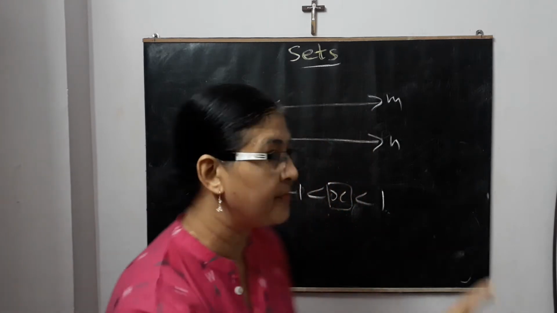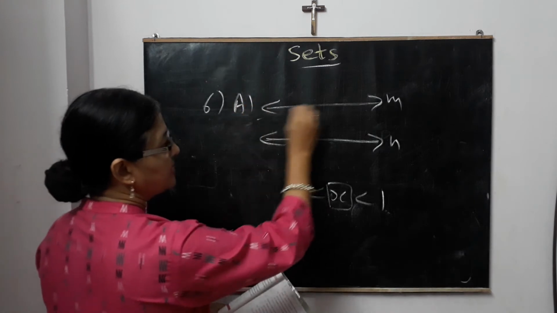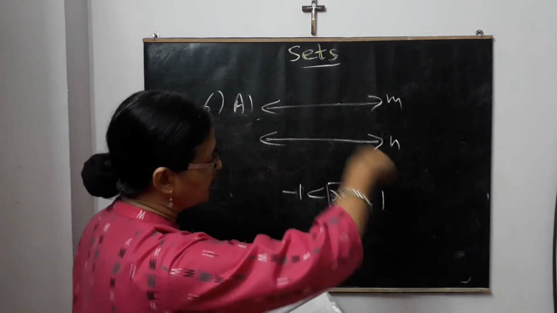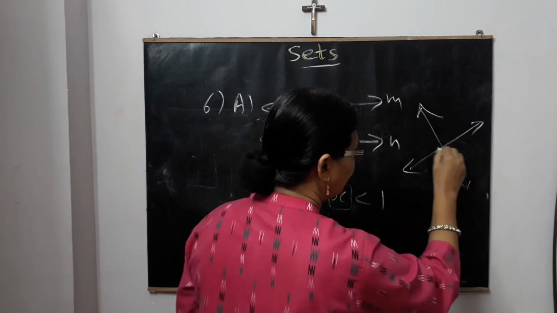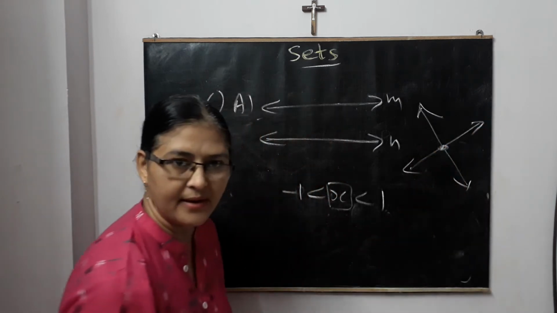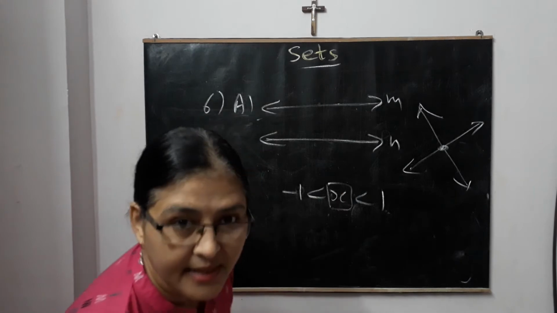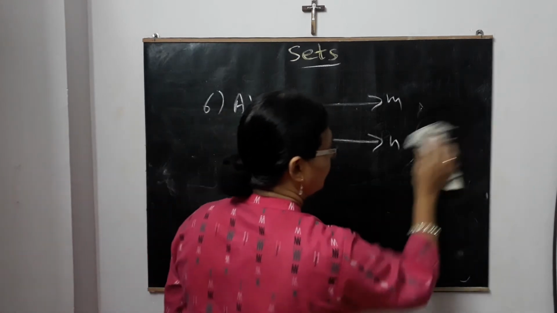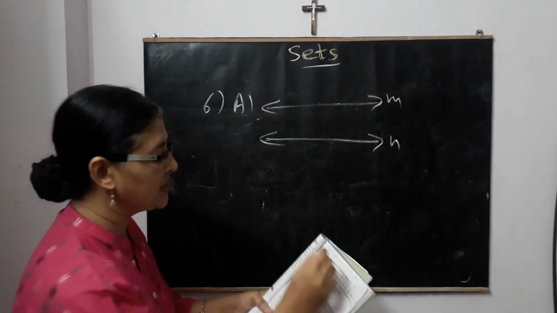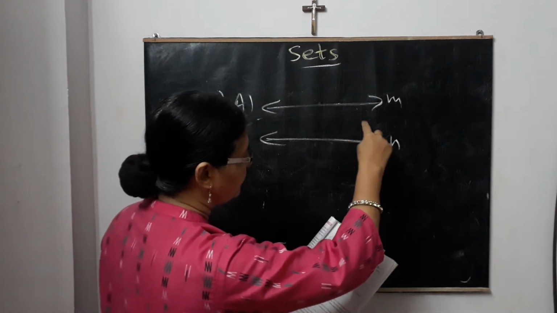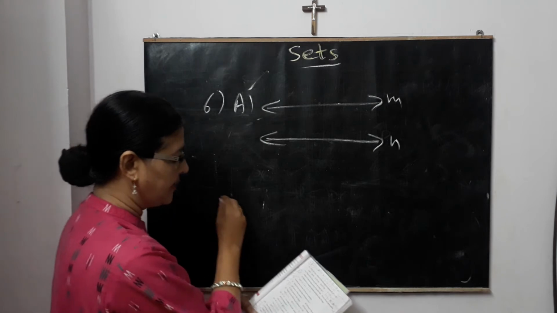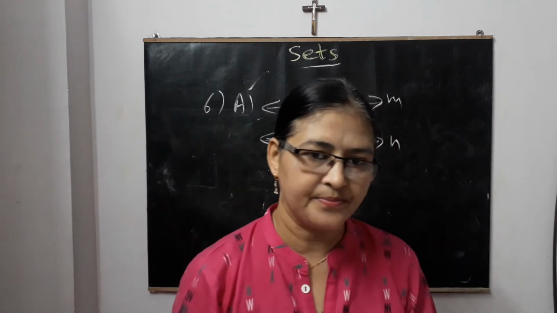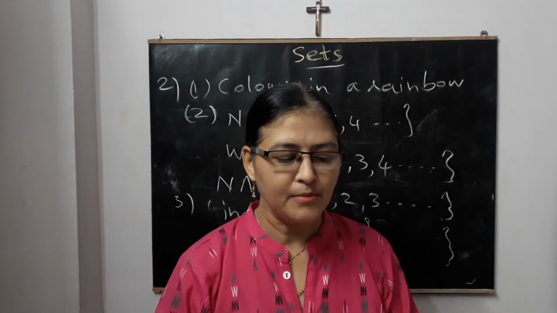Clear? So B, C and D are sets which are not empty. But A is what? First one. This is option A, set of intersecting points of parallel lines. If two lines are intersecting, like this, they have to be coming like that. But this cannot be parallel. Parallel lines will never intersect. Hence this set will be what? An empty set. So the first option, set of intersecting points of parallel lines, is an empty set. A option. Sixth one is A. Now we'll go to the second question.